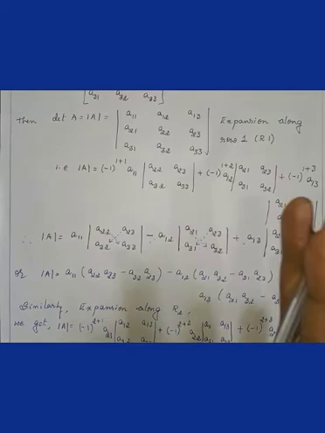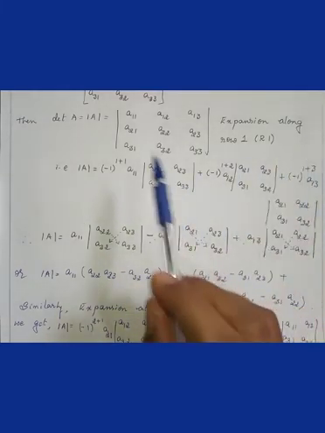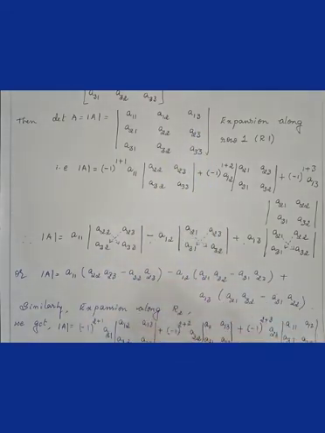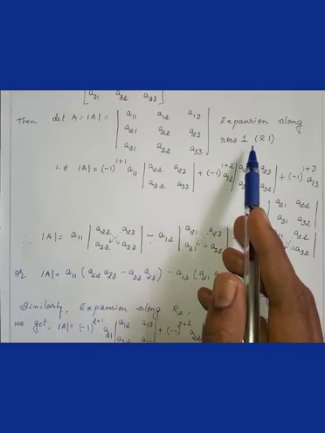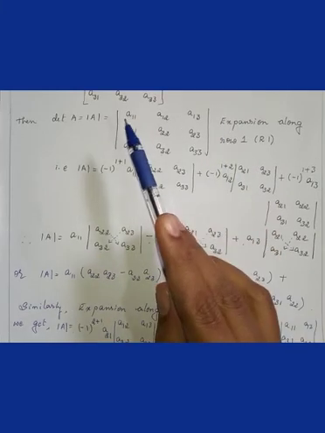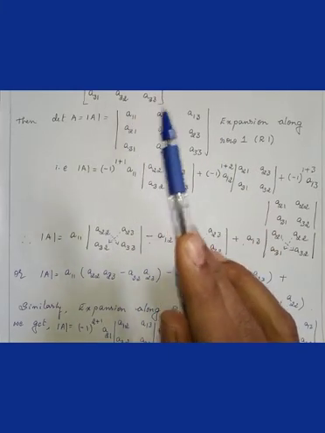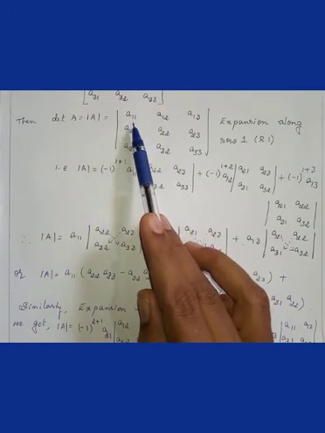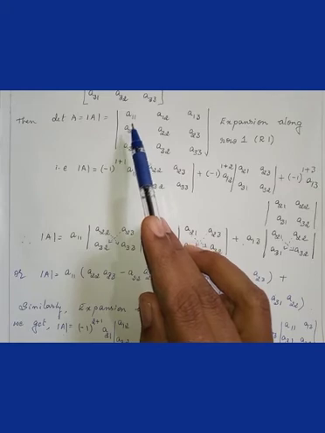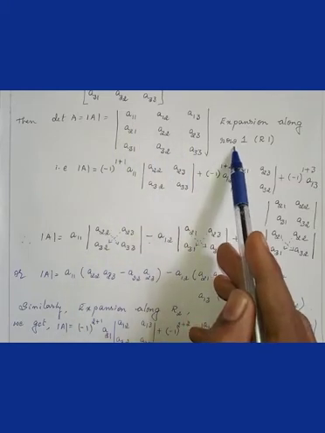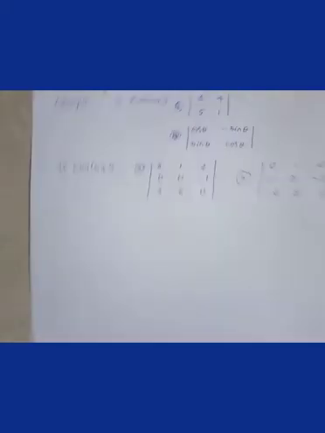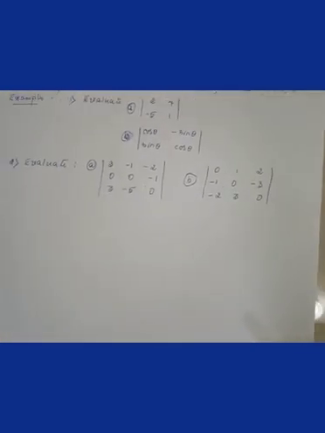But the easy way to find the determinant is using the first row here. If you want, you study; otherwise, no need to worry about the remaining things. Only be ready for finding the determinants of a 3 by 3 matrix using the first row here. Okay. Let's take some examples here.